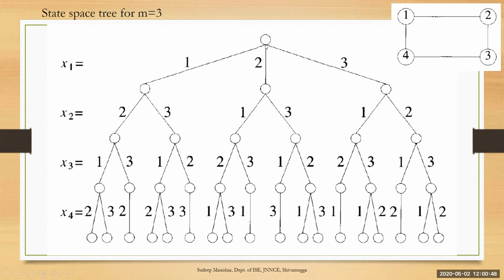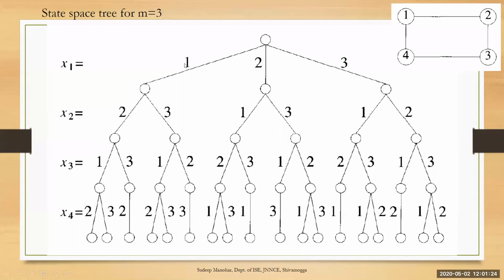On the edge which connects these two nodes, we have to write the color number. So we have to see whether 1 can be given the color. One more thing: initially the colors of all the vertices should be set to 0. Colors means it is an array, the X array. So there will be an array X: X of 1, X of 2, X of 3, X of 4. All will be zeros.